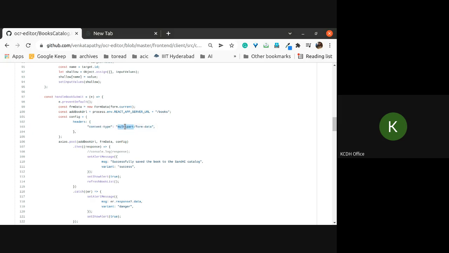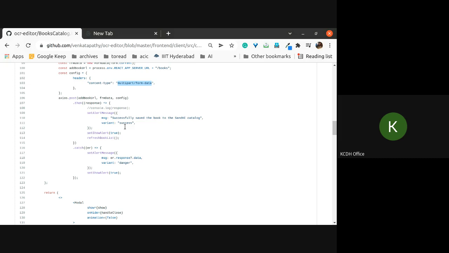Do you know why we are using multi-part form data? You know what it is used for? This is plain HTML. Have you come across this? No, sir, I have not. So whenever you are submitting a file, you should give these headers. This is an HTTP protocol thing that divides the file, right? Correct. Divides the file form into multi-part. Yes, yes. And this needs to be given whenever you send a file. If a large data is passed as form data, then you have to give this part.